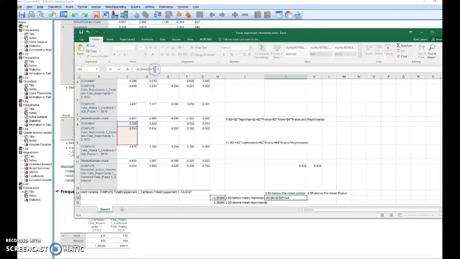I want to keep the column constant, but not the row, so I put a dollar sign in front of the column, which is H, plus beta 2, which is praise. I want to keep that constant always, so dollar signs around both the row and the column, times the praise value. And for this one, I want to keep the row constant, but not the column,